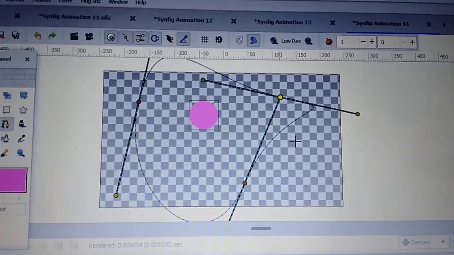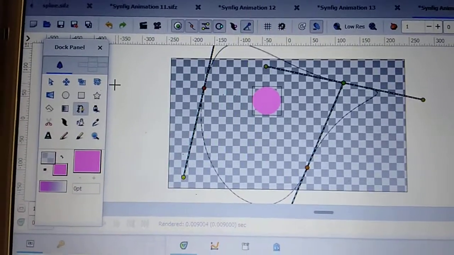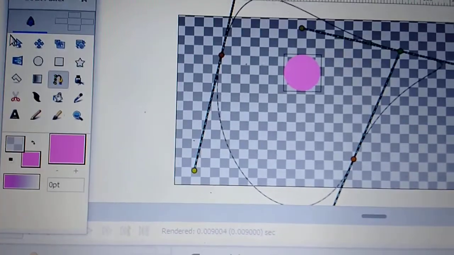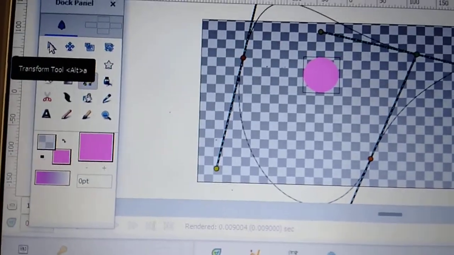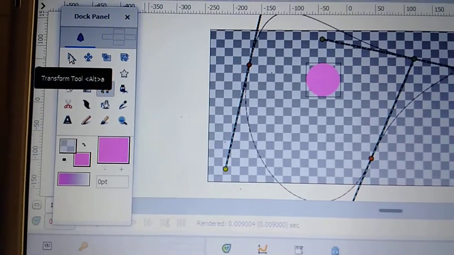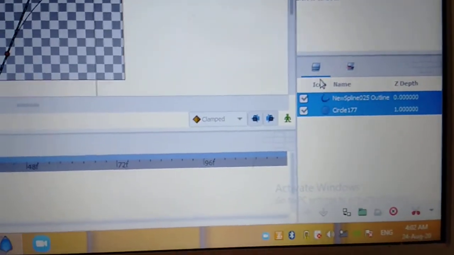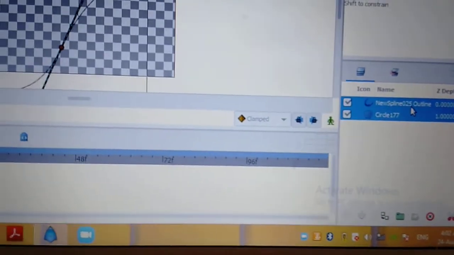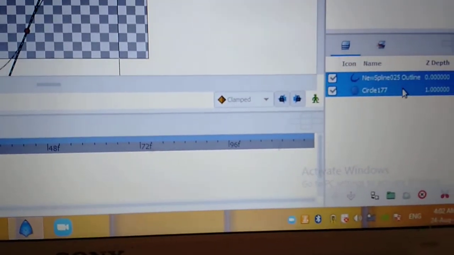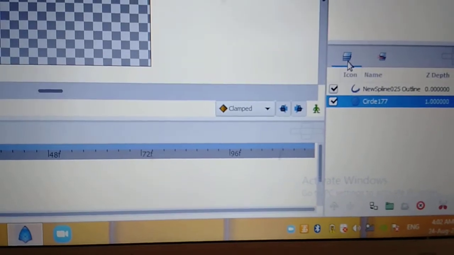Now next step, you have to select the transform tool. It means the arrow. Select the transform tool. Clear? As soon as you select it, a new SP line outline layer will be added in the layers panel. Now next step, select the circle layer. Which panel?